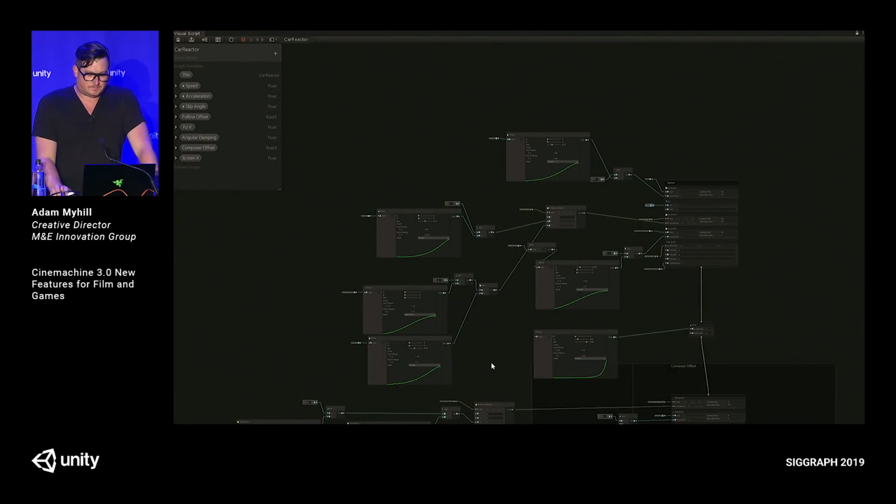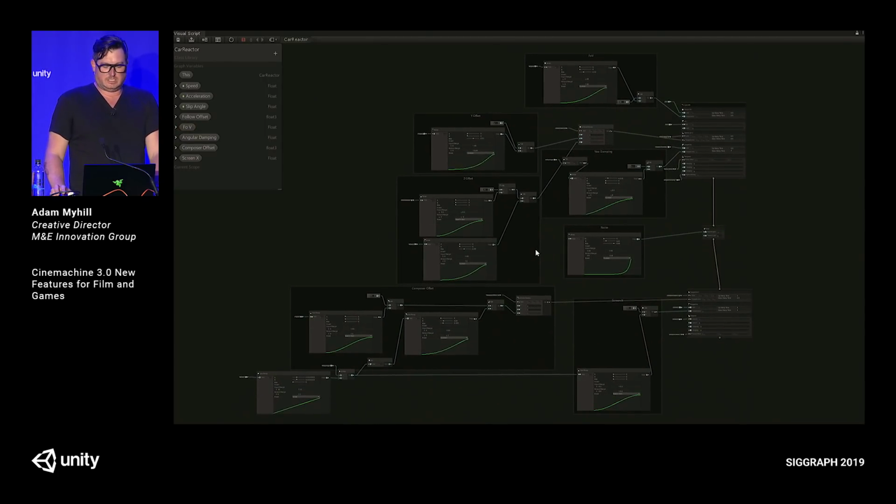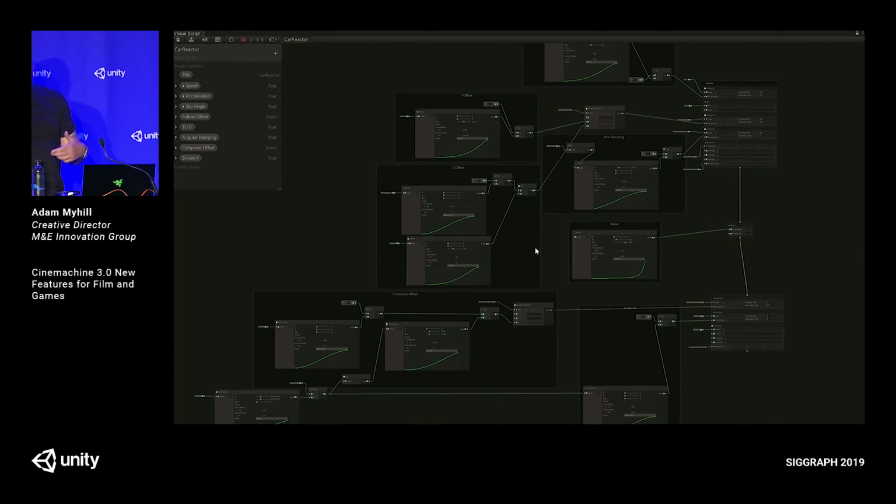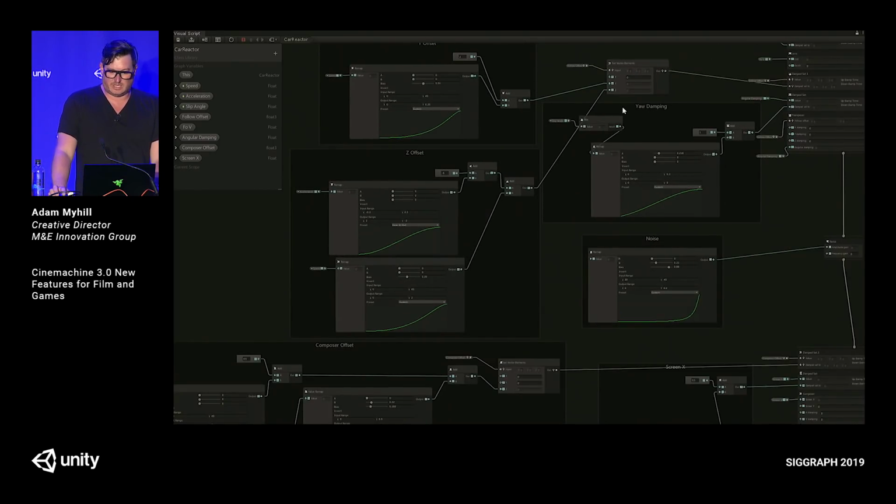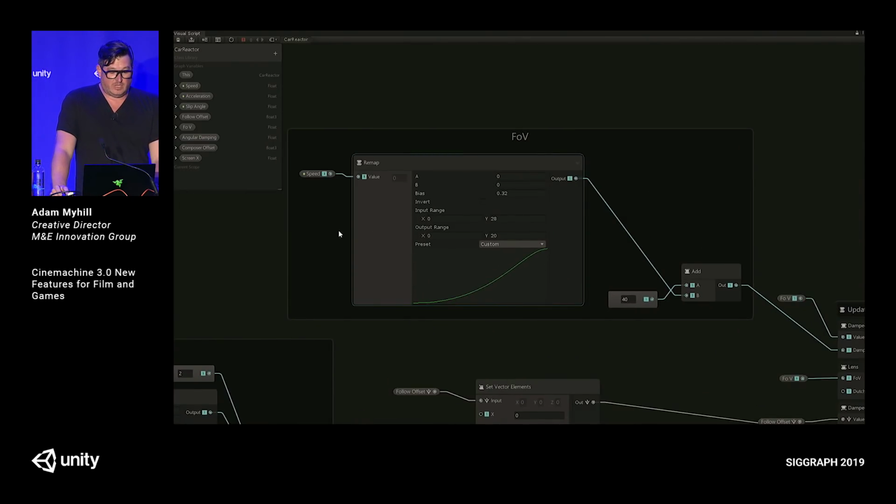What if we took visual scripting and cameras and put them together? This is our new visual scripting system. It's super powerful. We custom built these nodes, and these are remap nodes, and they take anything in range and you can remap it to anything out. So for example, FOV: we have the speed coming in, between 0 and 28 meters a second.